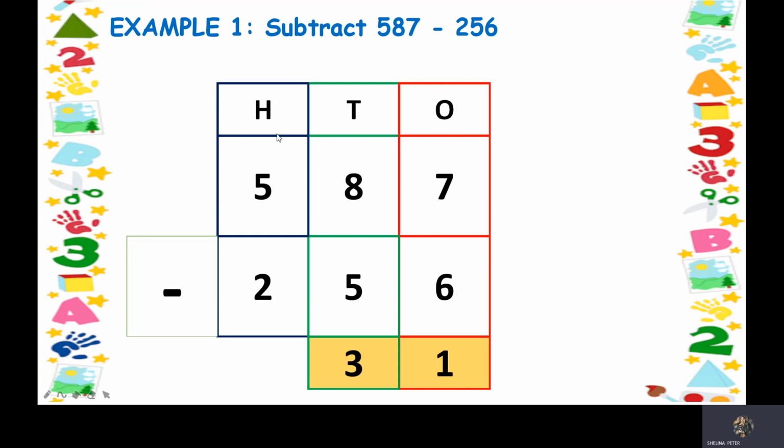Let's go to hundreds column now. So bigger number is 5 and smaller number is 2. So let's count from smaller number till bigger number on our fingers. So I'll get 3, 4, 5. So I got 3 fingers. And the answer will be 331. So this is our final answer.